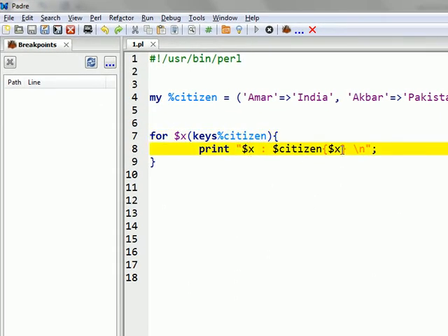Citizen with key as Amar. It will print that value. And after printing the first key value pair, there will be a new line. Then it will go to the second key. It will print it. So let's see.